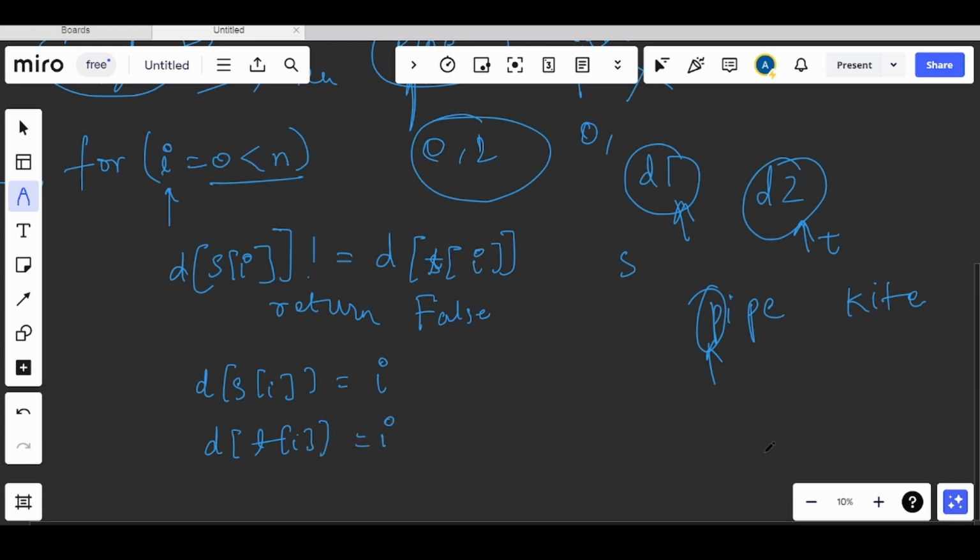And now what will happen, let's say we have P here. This P that we have will be stored in the dictionary as P and 0. In the same way we will be storing for K also. Now we will come to I, right? This I that we have will be storing 1 here. In the same way I here will be storing 1.